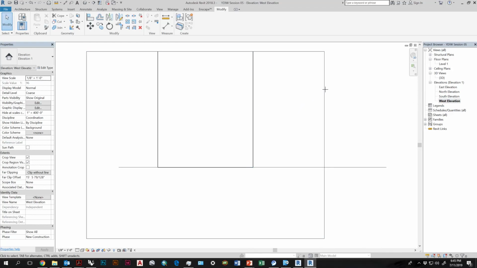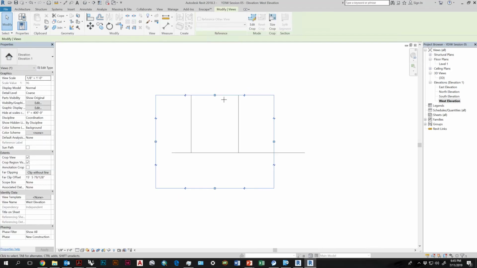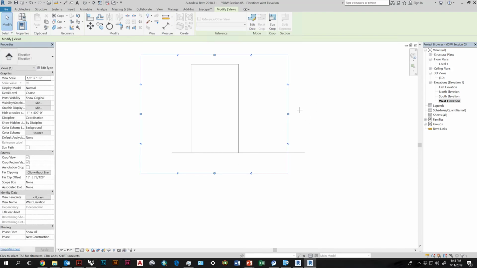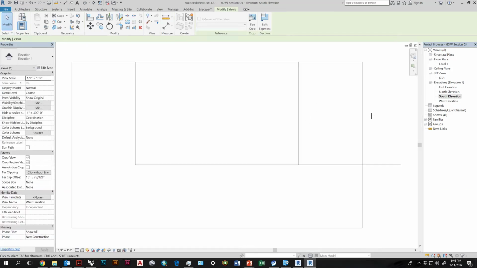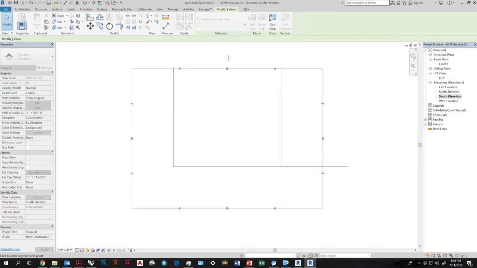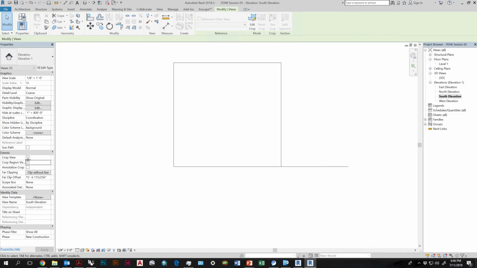And I mentioned crop earlier. So this box that you see right here is the crop window that allows me to control what is seen in the view. So if your view is not big enough, change the crop. And you need to do that specifically for all the views that you want modified. You can also just turn off crops altogether. So if you turn off crop view, it will not be cropped. And crop region visible, you can also turn that off, and that crop region goes away. So just note that if your view is cropped and you don't know why, it's probably because the visibility of the crop region has been turned off. So turn it on and then crop the view as necessary.